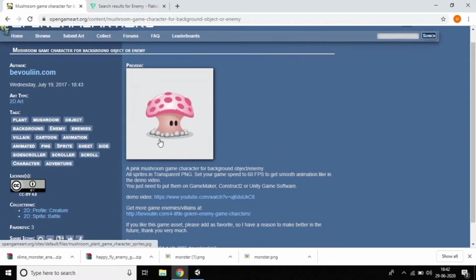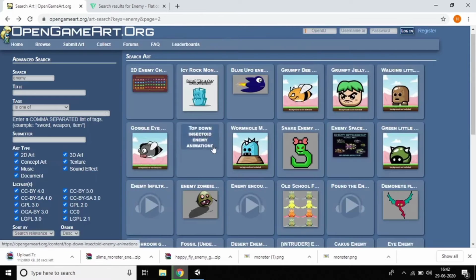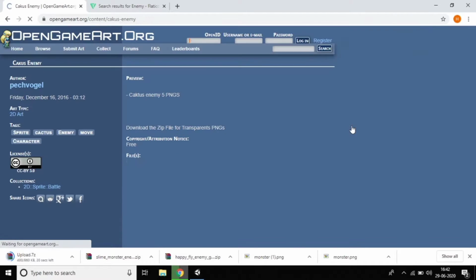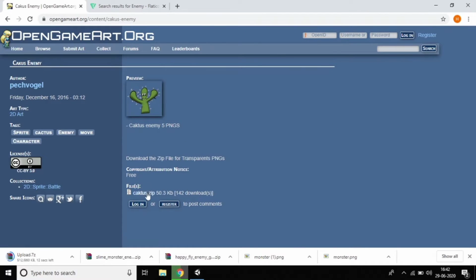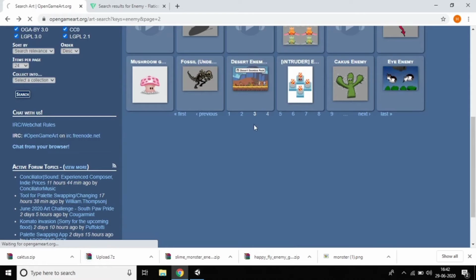Since I'm making a flying game, you can download this enemy also. There are a lot of enemies available, and this is also one of the enemies you can use. Just download it. Yeah, I think it's enough. We downloaded many things.